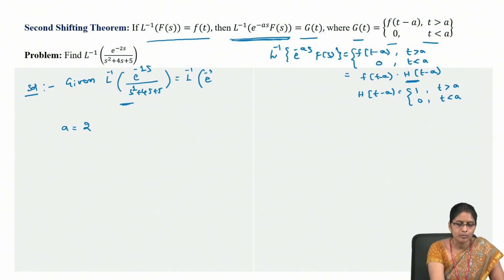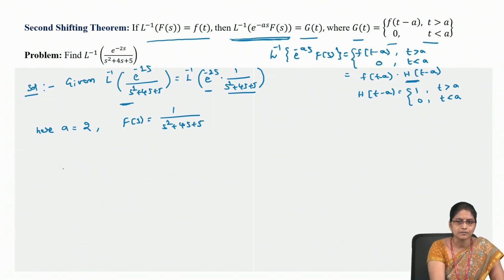L inverse of e power minus 2s into 1 by (s square plus 4s plus 5), of the form e power minus as into F of s. Here a is equal to 2 and the F of s value is 1 by (s square plus 4s plus 5). First apply the inverse Laplace transform. The inverse Laplace transform of F of s is equal to the inverse Laplace transform of 1 by (s square plus 4s plus 5),